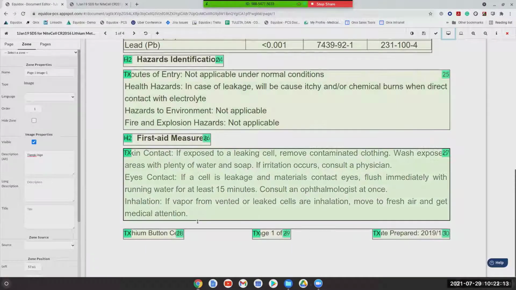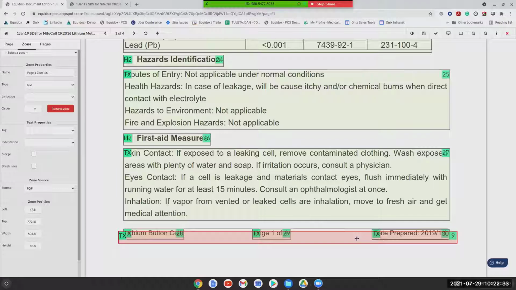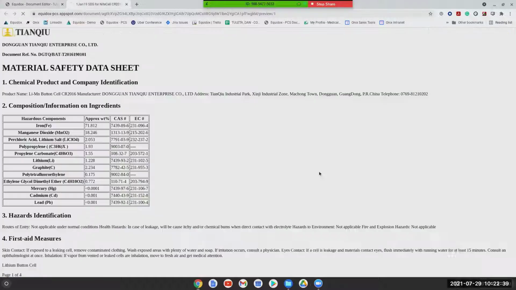For example, stuff like this in the very bottom margin, the prepared date or the title of the document. This type of information can be redundant, and it can spread across every page. Now, this is only a 4-page document, so I could always remove these zones manually if I'd like to. I can also use this other technique called the ignore zone. So if I draw a zone that's just intersecting with those elements, and press I on my keyboard, and go back to the HTML preview, I'll see that content has been artifacted.